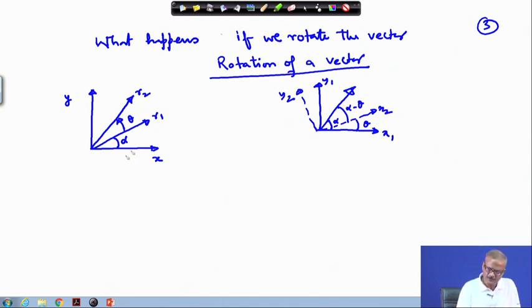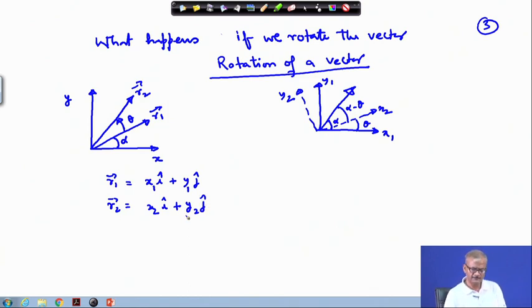If we look into this figure, the r 1 vector has rotated to the r 2 position by theta angle. So, the magnitude remains the same, only the direction changes, and r 1 is the vector coordinate. Obviously, if you like you can write it like this in terms of x 1 y 1, and r 2 similarly will be in terms of x 2, because in this case the coordinate system you are not changing. You can also write in this way.